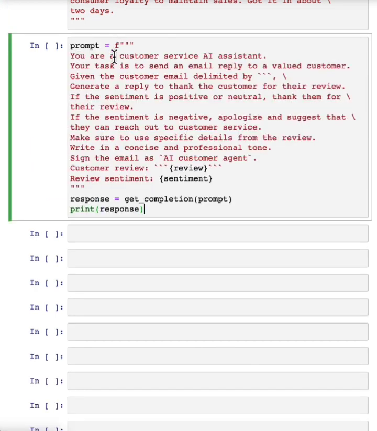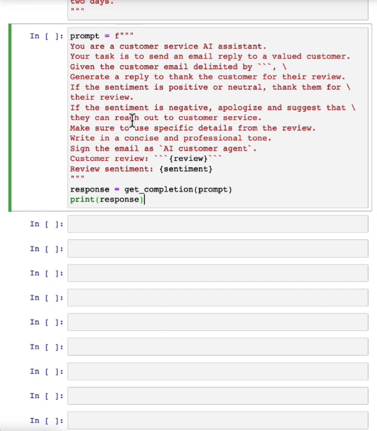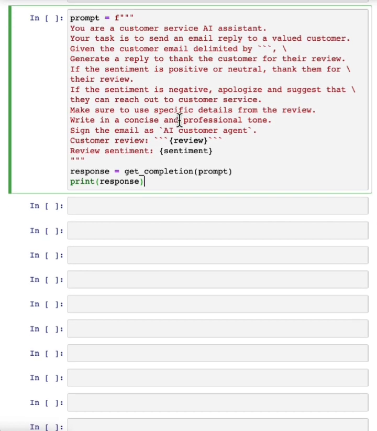And so here the instruction is, you are a customer service AI assistant. Your task is to send an email reply to a valued customer. Given the customer email delimited by 3 backticks, generate a reply to thank the customer for their review. If the sentiment is positive or neutral, thank them for their review. If the sentiment is negative, apologize and suggest that they can reach out to customer service. Make sure to use specific details from the review, write in a concise and professional tone, and sign the email